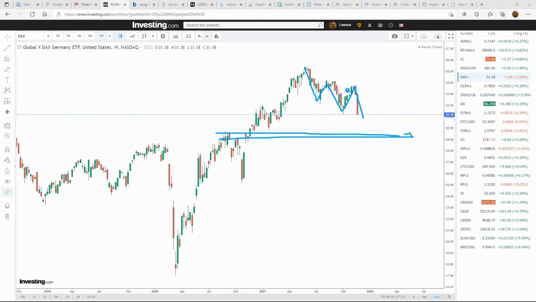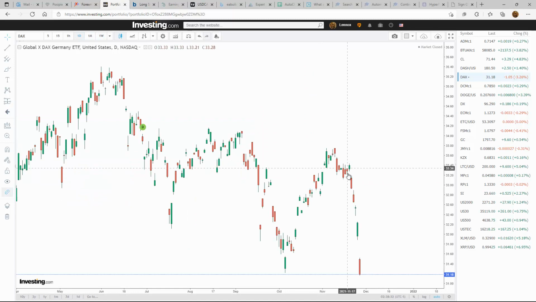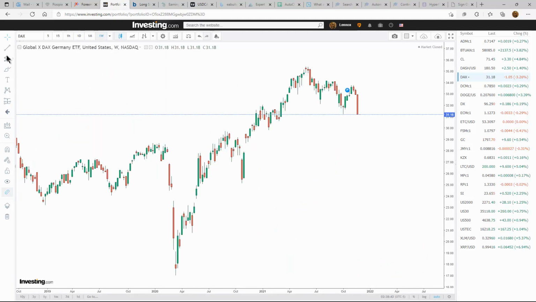So for the remainder of the week, weakness in the DAX looks like it's in the cards. Any pullback to the upside is an opportunity to sell into this move, because if I went back to the weekly and we drew a trend line from here across, okay, we would expect... Let me make sure I've got my magnet on.